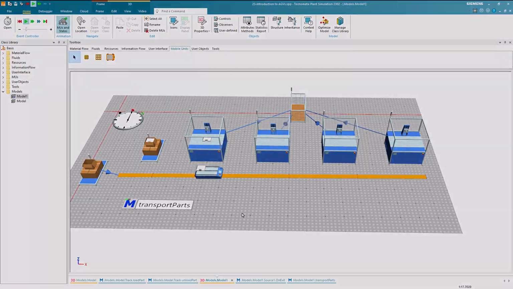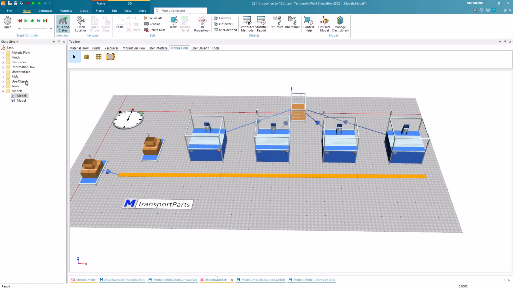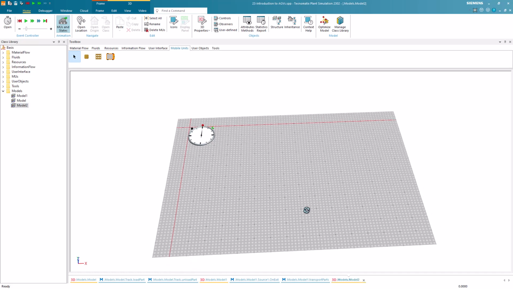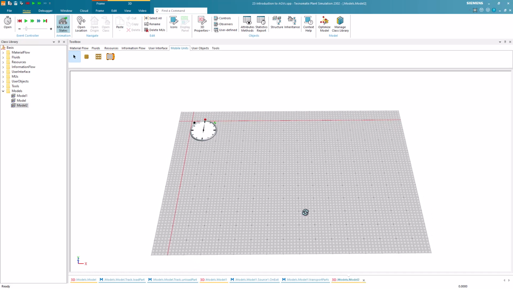In the last part of the video, we want to show AGVs in combination with the pick and place robot. To do so, we create a new model frame. We want to model that a pick and place robot picks parts from a station and loads them onto an AGV. To achieve this, we place a source, a station, and a pick and place robot.